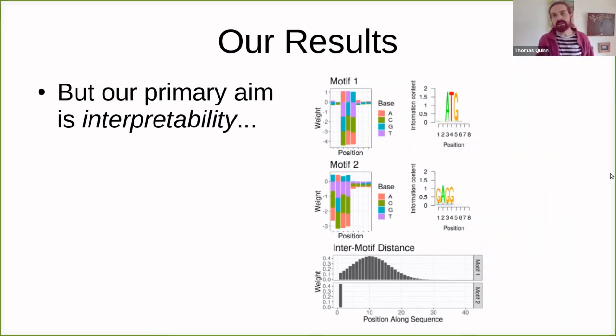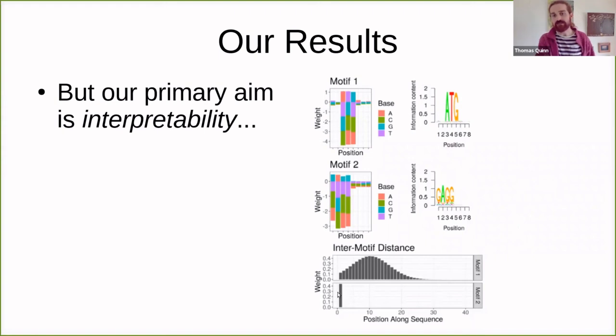And what we can see here for the model applied to the simulated data, for which neither the motifs nor the distance distribution are known to the model, but are known to us because we did the simulations, is that the model is able to very quickly and very efficiently learn both the start codon and the Shine-Dalgarno sequence. But not only that, because a lot of models can do that. What our model can also do is learn the distance between them as a Gaussian distribution